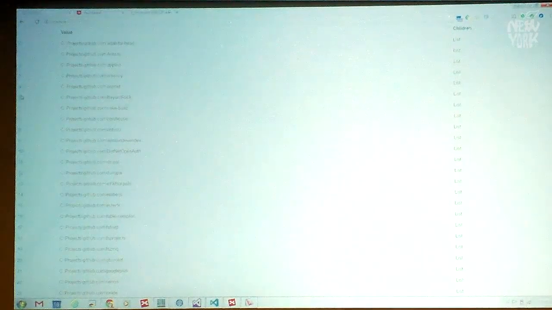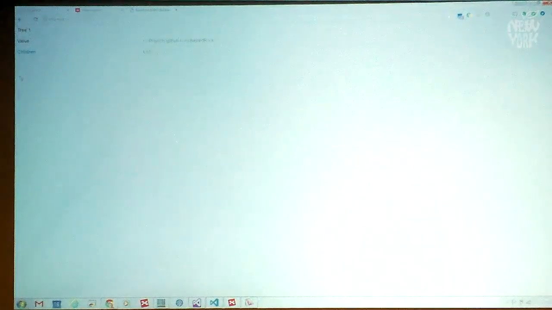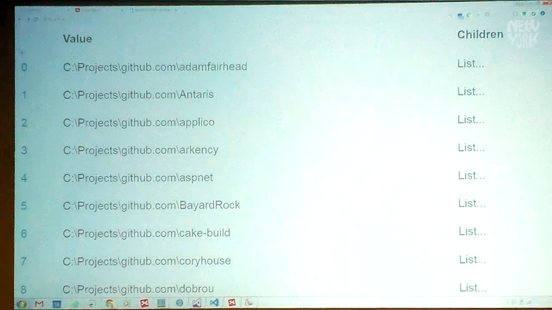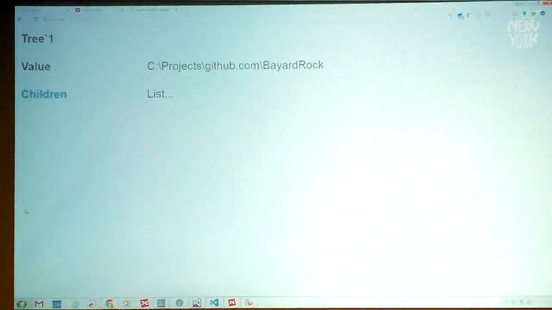Oh, we got something from Bayard Rock here. So we'll navigate into that. You can keep navigating. Now this really isn't that sophisticated. Can you zoom in on that just so it's bigger? Yeah, let's do that. Thank you. Is that better? I thought it was nyc-fsharp. Okay, so here we are. We have our folders. I'm going to navigate into Bayard Rock, and